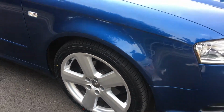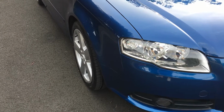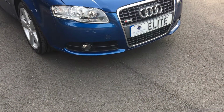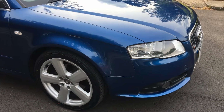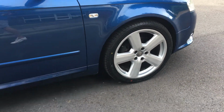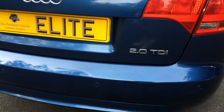So, to summarise, we've got 4 good tyres, 2 new on the front, loads of life left in the brakes, and overall the paintwork, it does have a few stone chips and a few light scratches here and there, but nothing major, and certainly nothing you wouldn't expect from a car of this age. Alloys are in really good condition. No scuffing. So let's start our interior tour,